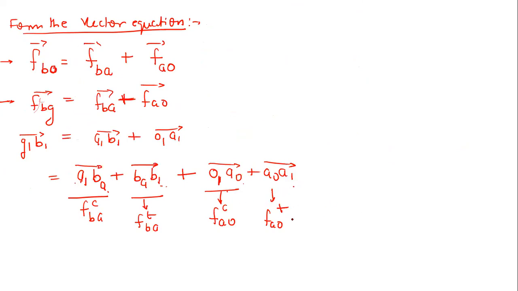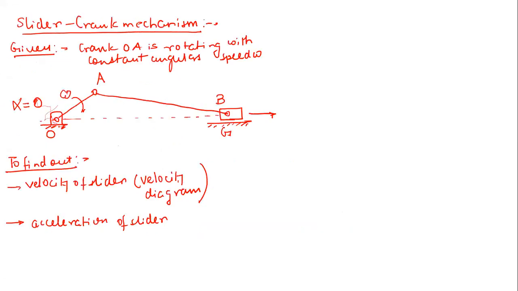So obviously this tangential component is simply alpha multiplied by OA, and we know this alpha is 0 for this crank OA. So you have to keep in mind that for those links where it is stated in the question that the angular speed remains constant, you don't need to actually calculate the tangential component for that particular link. It will be simply 0. Now it has become very easy to draw all these things. So let us start, right?